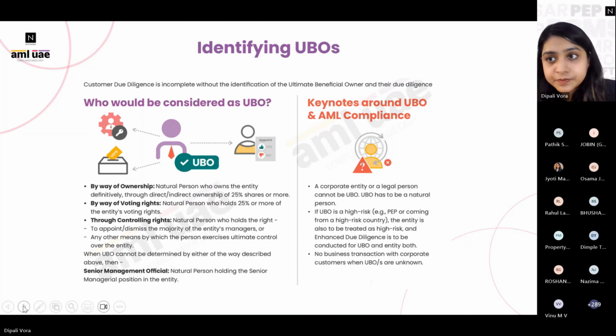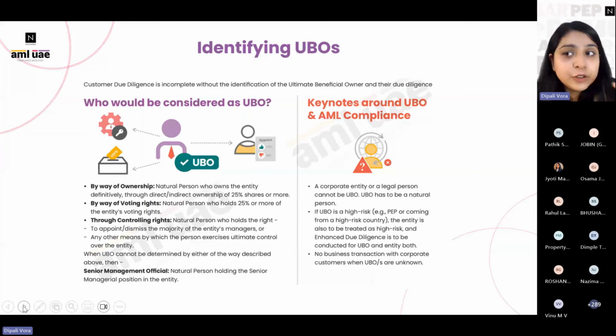In case you come across a company where shares are not there, maybe it's a partnership firm, in that case you can identify the UBO by way of voting rights. Voting rights means the person who has the power to vote more than 25% in that particular legal arrangement. If by voting rights also you are unable to find out who the UBO is, because maybe the structuring is done in such a way that it is not helping you find the UBO, then the third option is